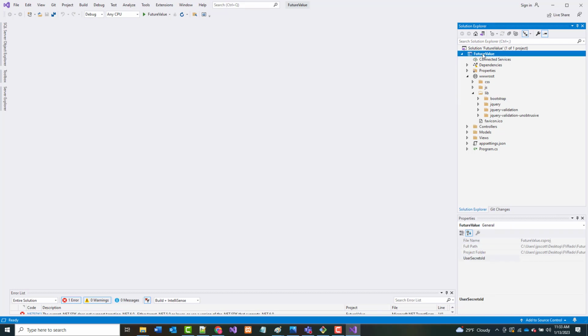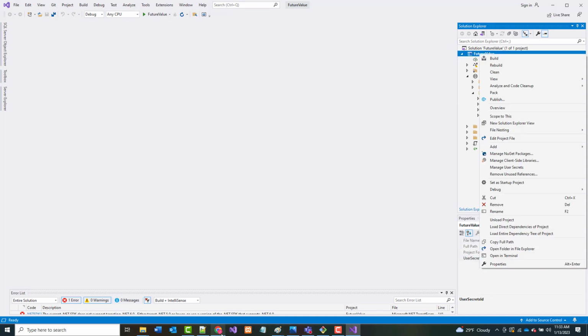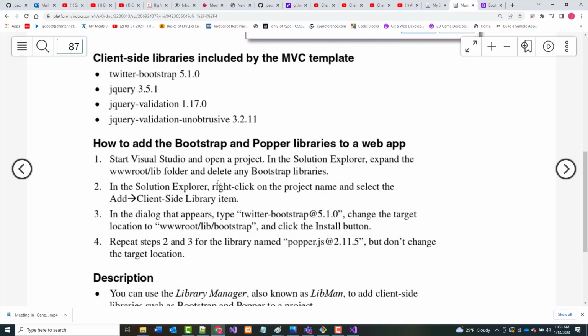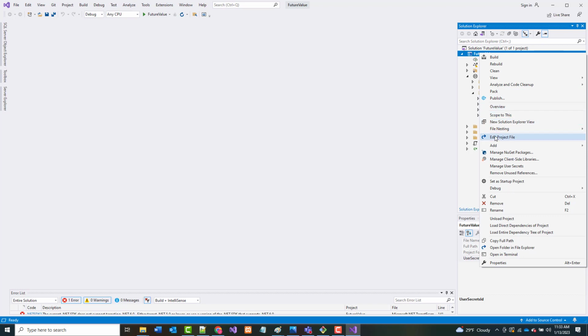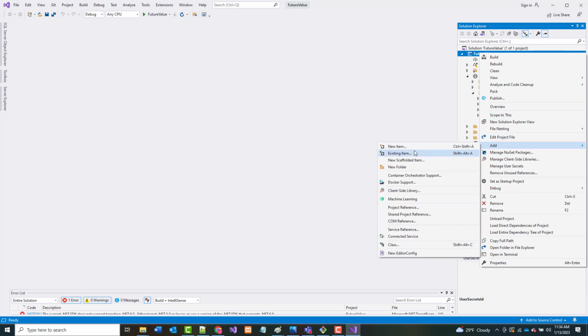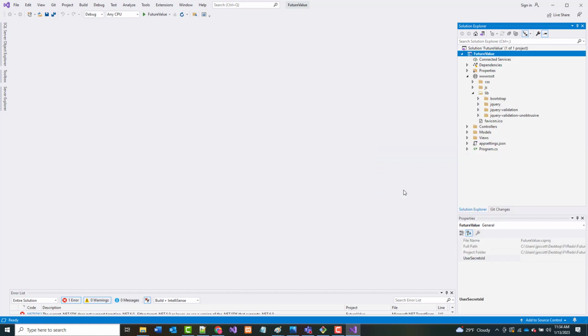I think they said it was the project. Was it the project name or the solution name? Sorry. I'll click on the project name and then Add Client-Side Library item. All right, so here that is. There's Add. There's client-side library right there. So that's how you bring it up. And I believe if you add anything through there,